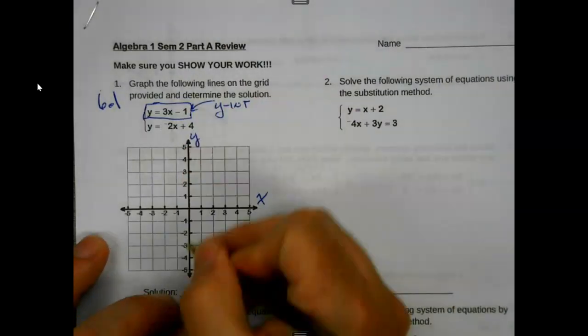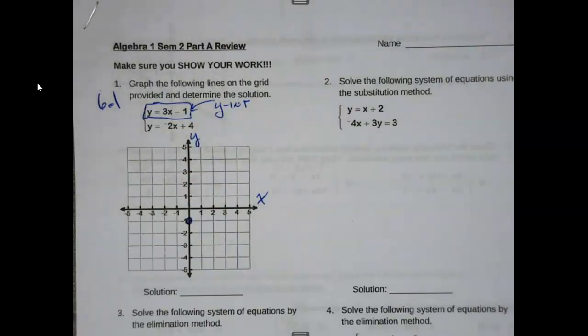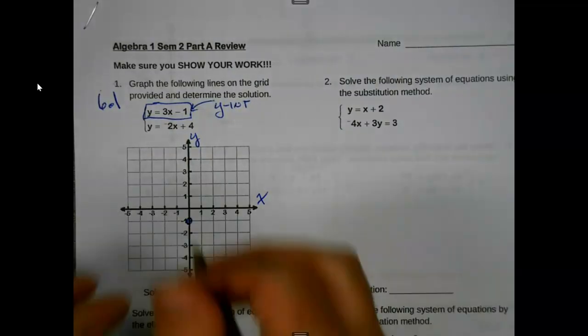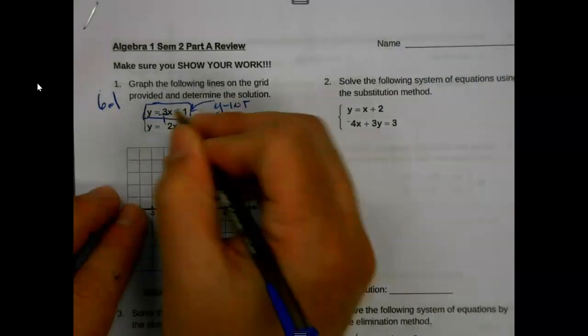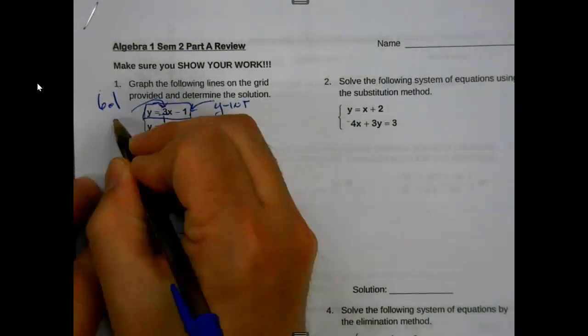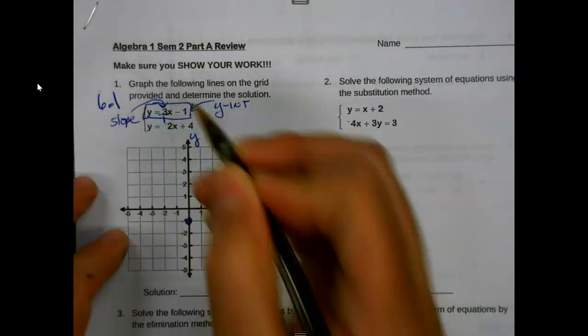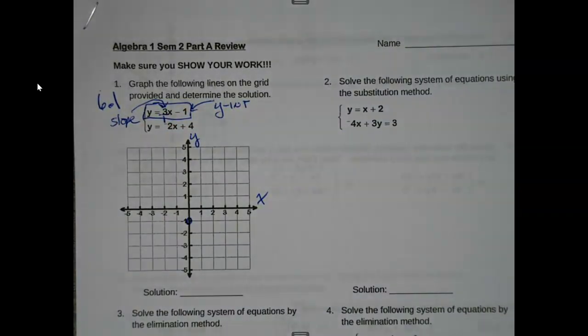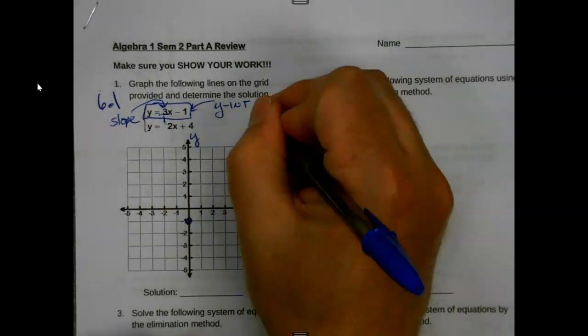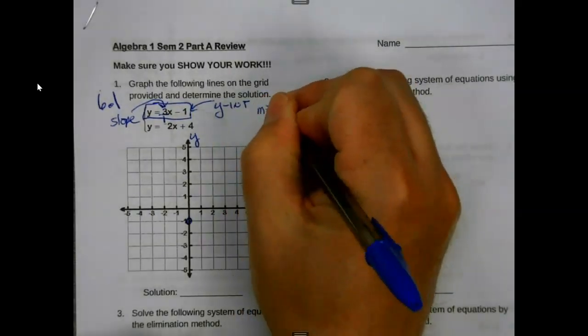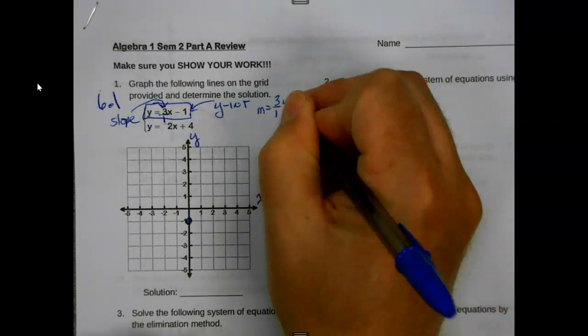So this first number tells me where that first dot's going to go. The number in front of my x is my slope, my rise over run. So here, since my slope is 3/1,